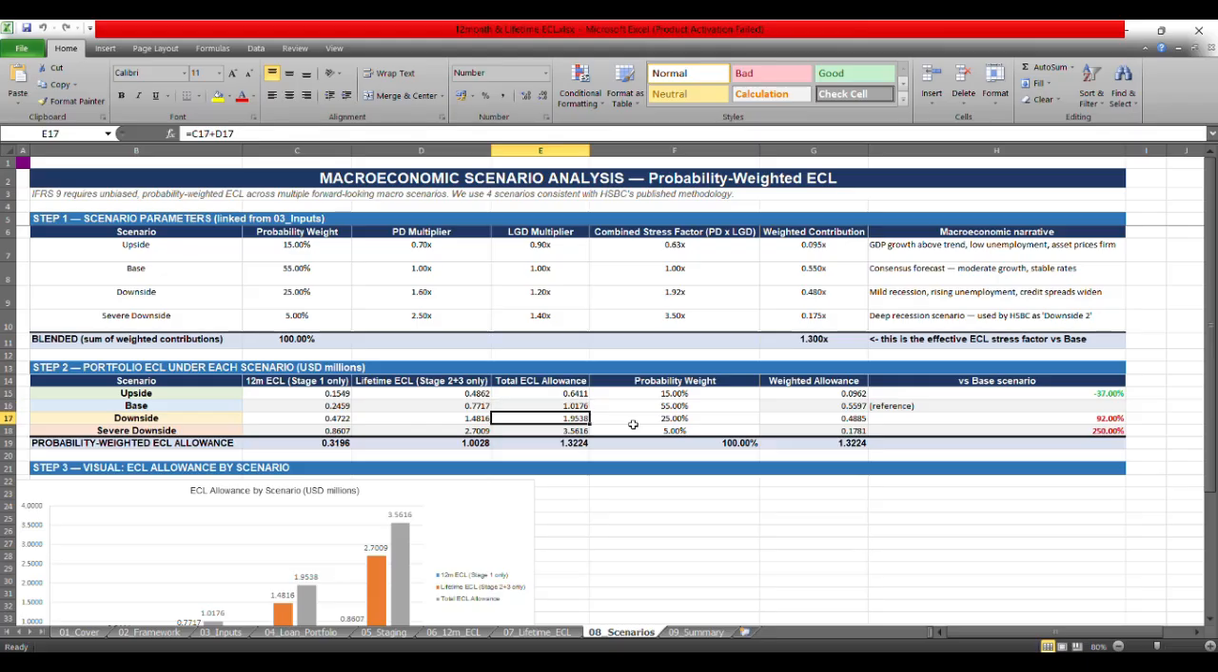And here's the counterintuitive part. This is one of the most important concepts in IFRS 9. So if you just look at the base scenario, you would get 1.02 million. But the probability weighted answer, blending all the 4 scenarios, you would see it is 1.32 million. So why is the weighted answer higher than the base? Please think